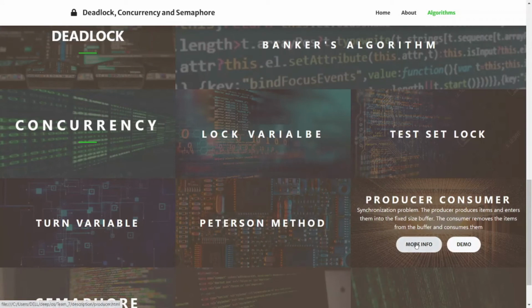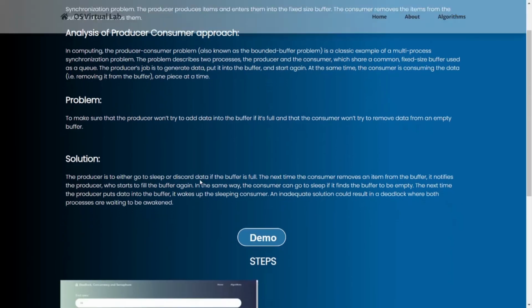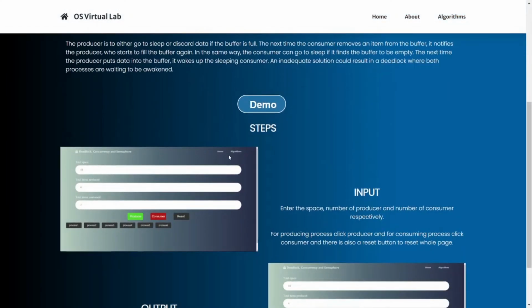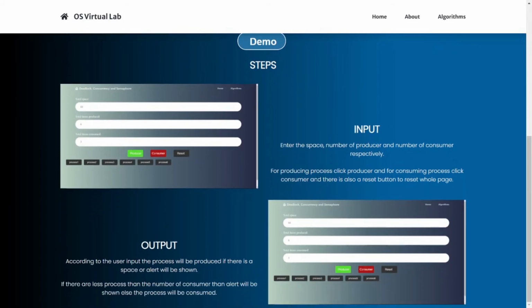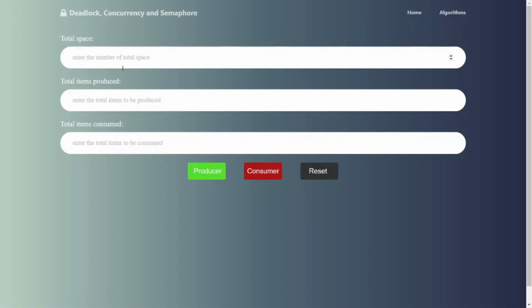Now continue with the producer consumer problem. First go to the information. Here is the information about the problem, its solution, and the steps: how to take input and how it displays the output. Let's go to the demo. First we enter the total buffer size. Let's assume it is 10.